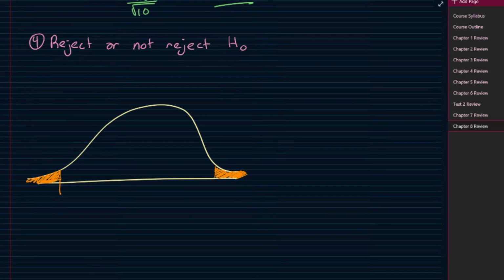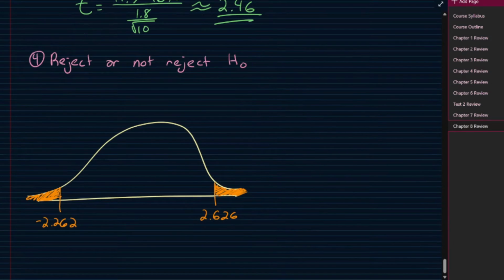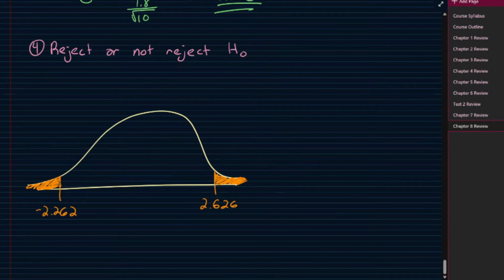Remember, this t value is negative 2.262. This one's positive 2.262. The test value we got was 2.46, just a little bit shy of being in the critical range. Our test value. So since it's not in the critical range,